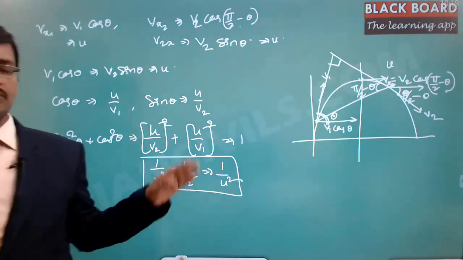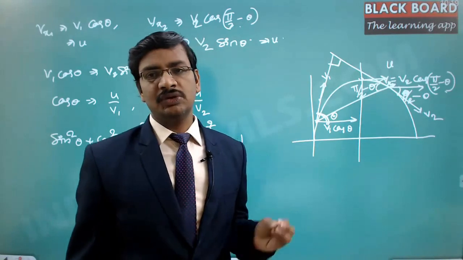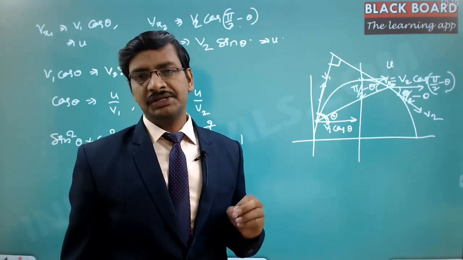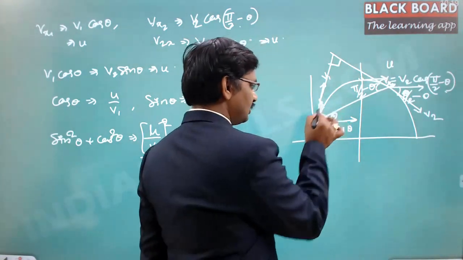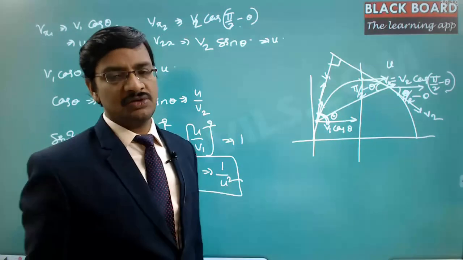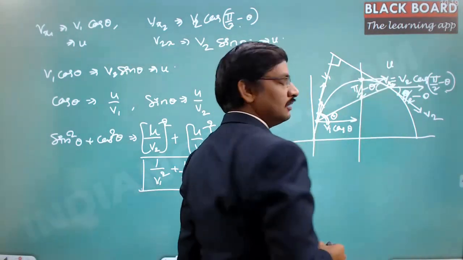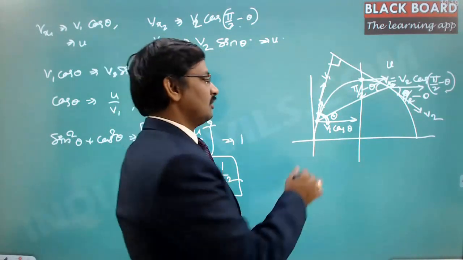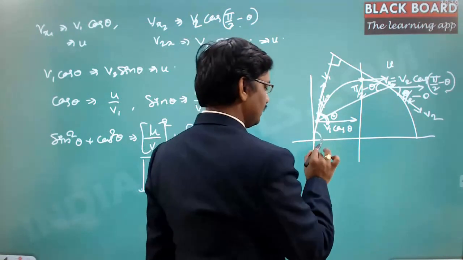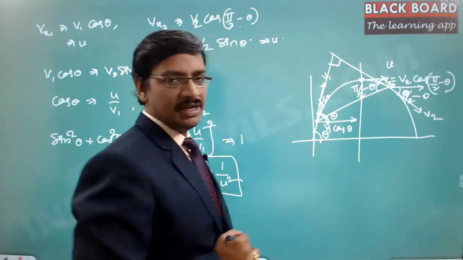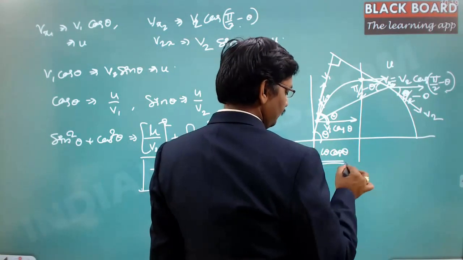Okay. So what is u? Earlier, when we derived all the equations, we treated u as the initial velocity, that is the velocity which was projected at this particular point. But in this particular problem statement, u has to be treated as the velocity at this particular point. That's why I explained with a new terminology, w or omega. So if it is projected with an initial velocity of omega at an angle of theta, omega cos theta is the horizontal component of the velocity.